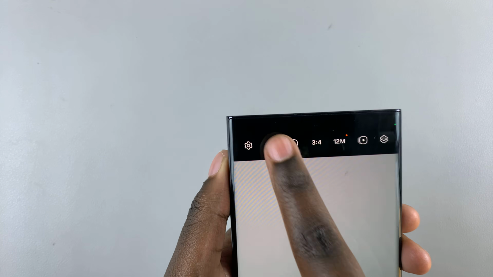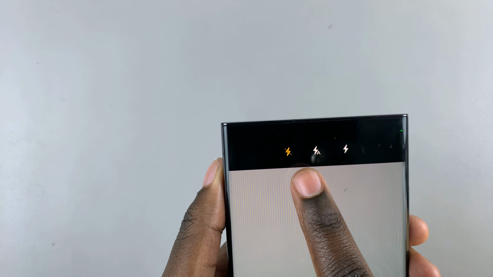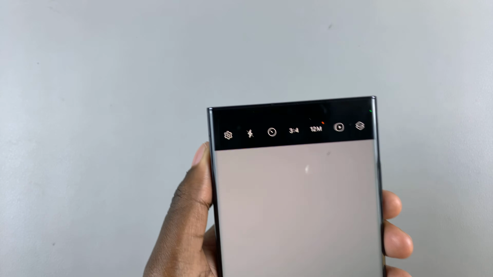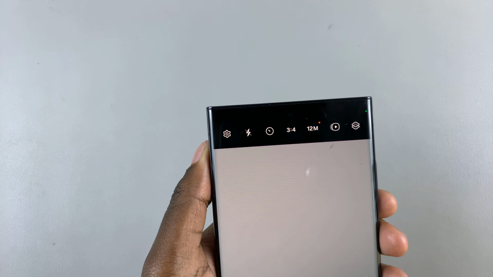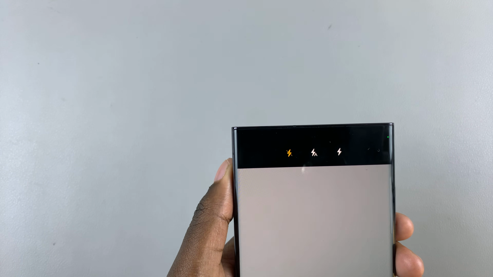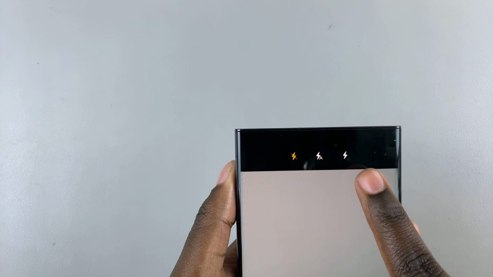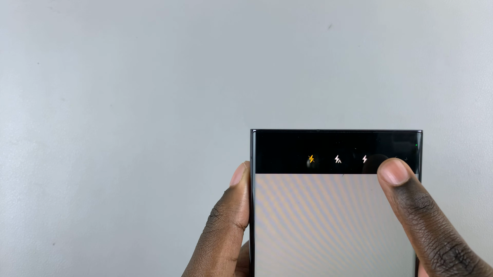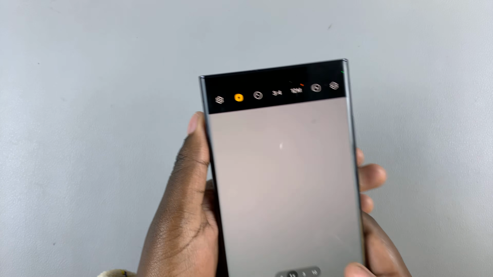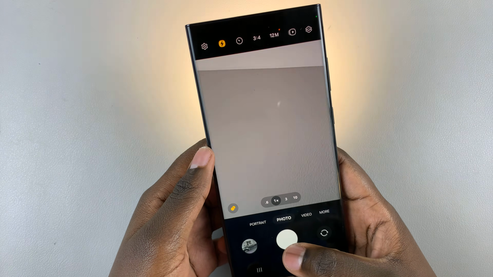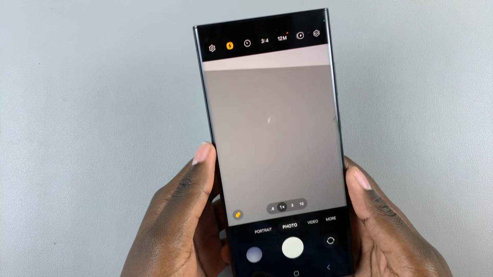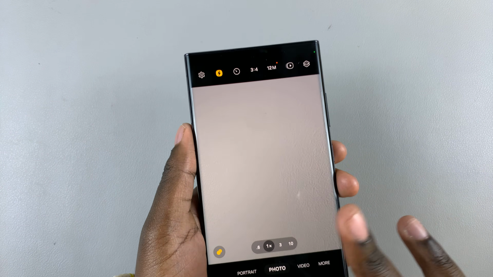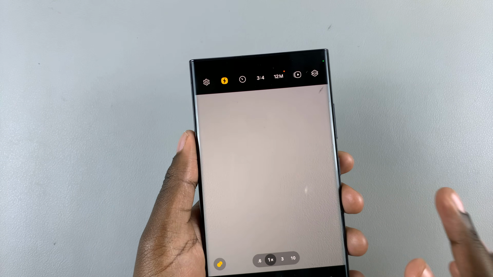As you can see, mine has been selected to no flash, which means a lightning with a strike through, meaning that whenever I take an image, flash doesn't come on. To set it to flash, look for the one that doesn't have a strike through, like for example this one, and tap on it, and you should notice now whenever you take an image, the flash automatically appears. So any image you're taking, whether it's in the dark or there's a lot of light, the flash will always